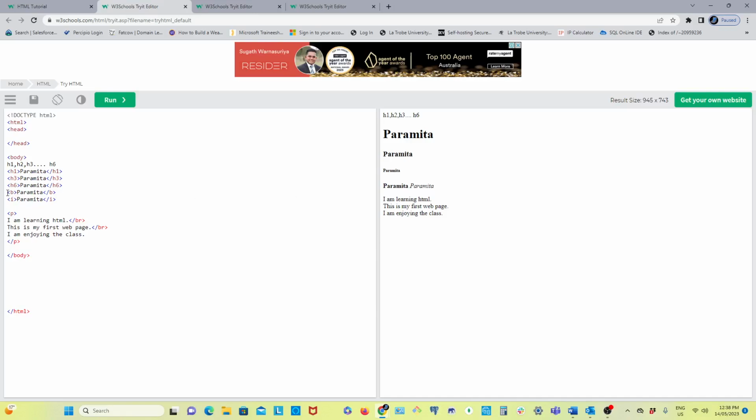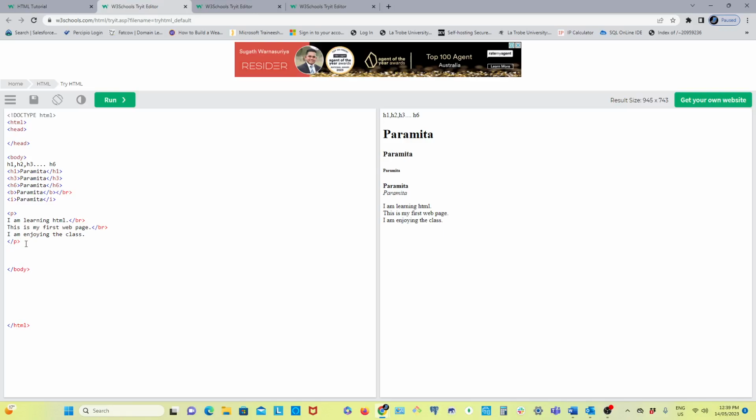Now here I see the bold, italics, they all came in the same line. There also I want them to be on different lines. So I will use one BR tag here. Okay. Now run. See. Now it came on a different line. So far we learned headings. There are 6 headings, different size headings, bold tag, italics tag, paragraph tag, and